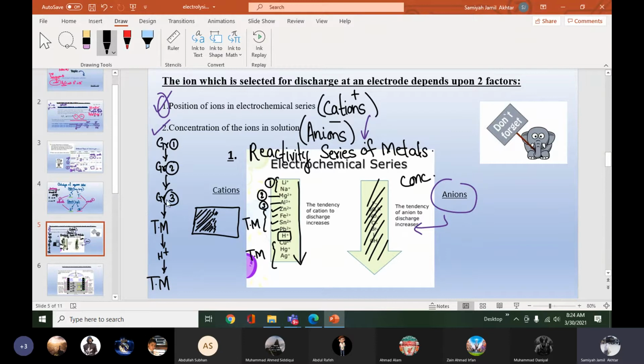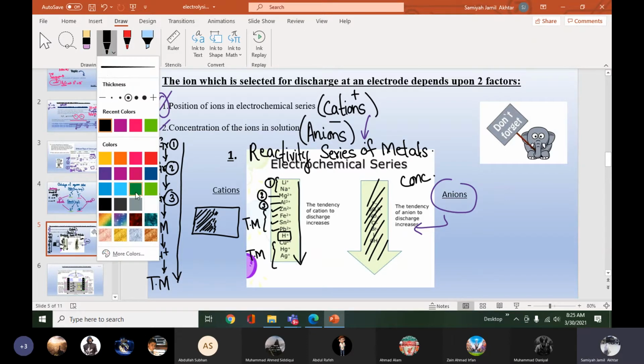Group 1, group 2, group 3, then transition metals. Then in the middle there is hydrogen, and then at the last there are some very low reactive transition metals. In this series, as we go down, their ability to discharge increases. For example,